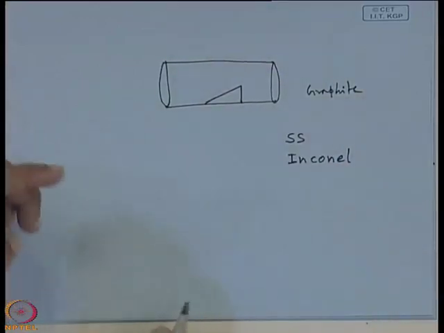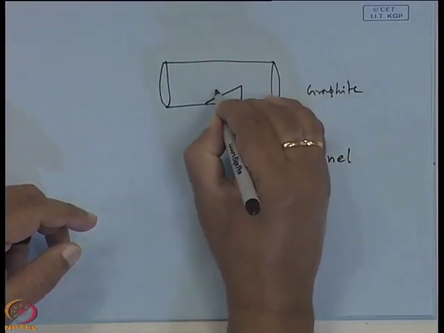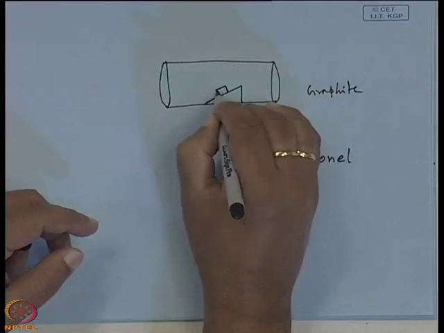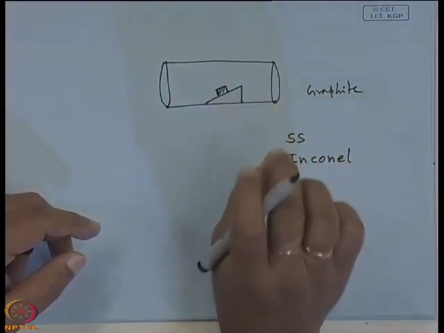One is stainless steel, another is the Inconel that you can use. On the susceptor, you have to place the substrate. So, this is the substrate, this is the substrate which is placed on the susceptor, and then